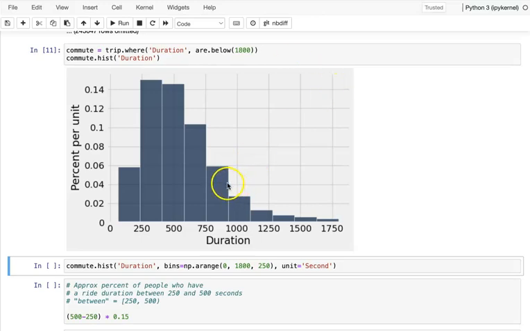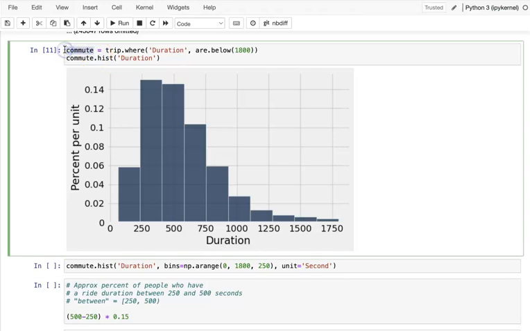So if we focus on the commute, we call this table commute. So that's only focused on that. If you are interested in the weekend, then we can change the duration to maybe above 30 minutes, then within an hour. Then we can do other discussion or analyze the data. But so far we're focused on the commute. Okay, we talked about the histogram.